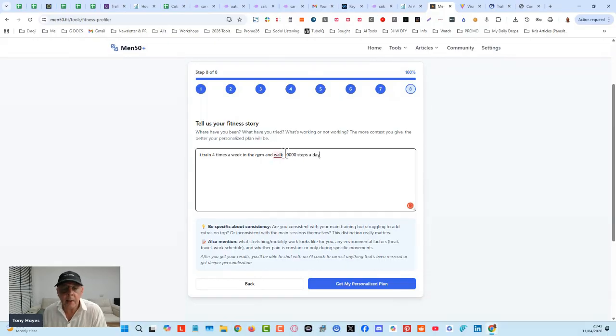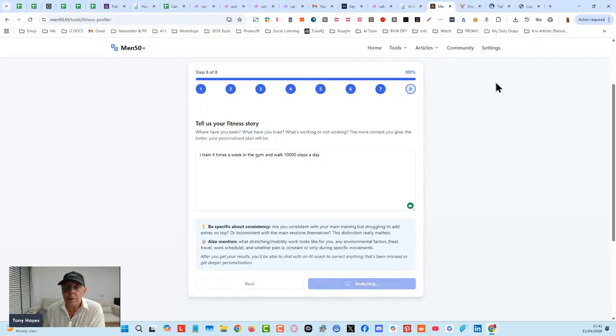Put in something here. The idea is it gets very personalized for them when they get their results, okay? Click to get my personal plan. And this is going to tell them a diet plan that they can get. And you can have an ebook, for example, generated with AI that you are selling. So you could give something away for free and have a funnel, which we will cover in the training as we go through the sessions for the traffic magnets training.